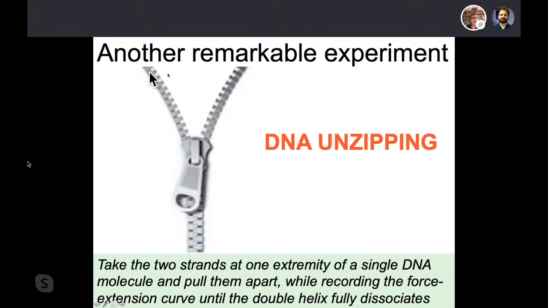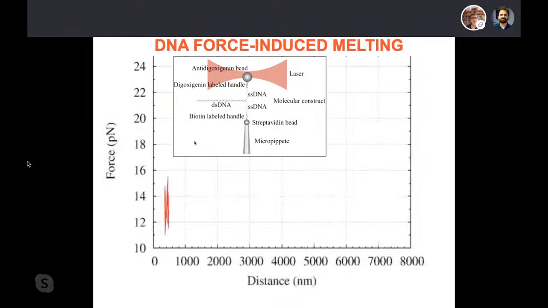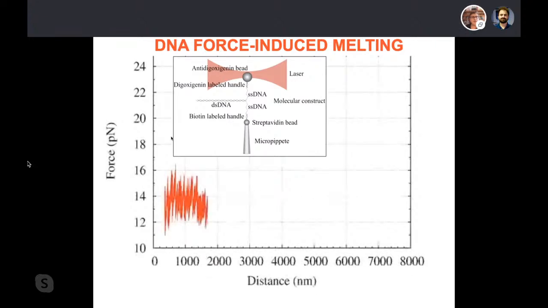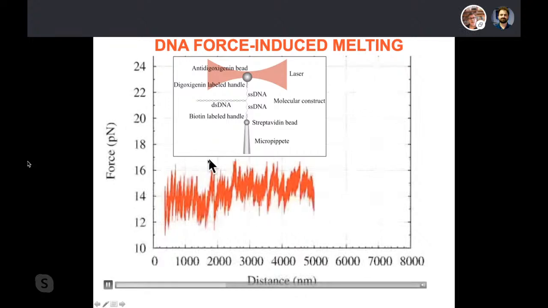And as you pull apart these 2 ends by contracting forces, so 1 bead pulls from this end, the other bead, for example, in the pipette pulls from the other end, I get this thing here, until the double helix dissociates. And here, this experiment is different because you don't probe the reversible elastic response of double-stranded DNA, the double helix. Here you probe the base pairing energy between complementary base pairs along the double helix. Okay, and you see that you get this sawtooth pattern, very characteristic of the sequence of DNA.